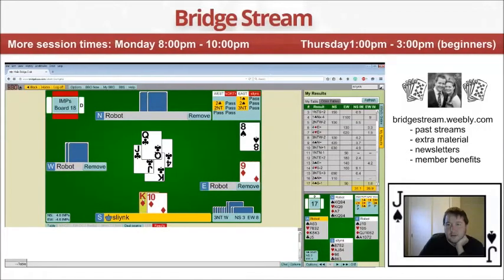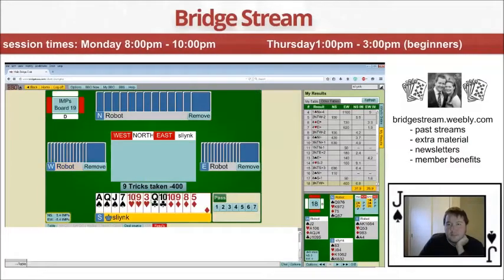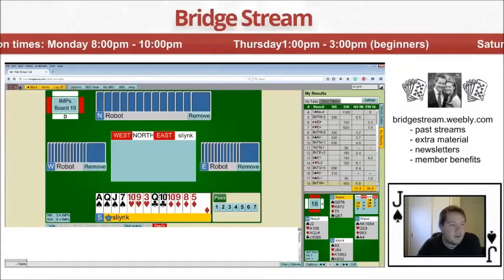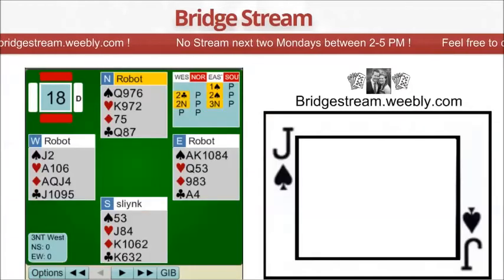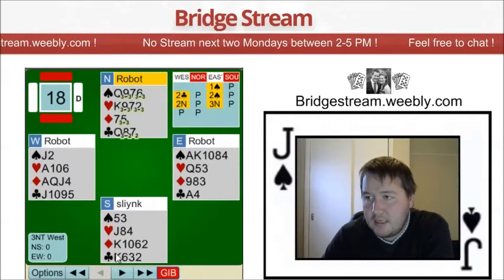Threw the wrong thing away. So I could have beaten that. I had to play my partner for the queen of clubs instead. So they can actually make 12 tricks, but...